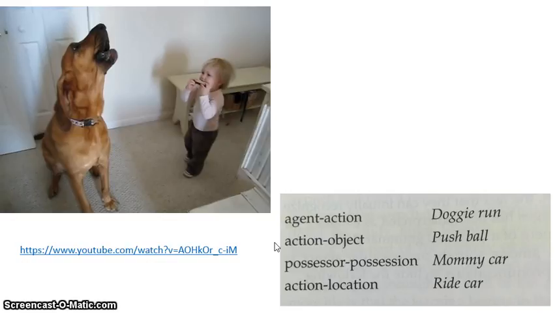Well, our second language learners are going to do that. They're going to have overgeneralization issues. They're going to take a rule that they've seen other people use and they're going to apply it to everything in their language. Now, generally, our native speakers are going to outgrow that by age 4 or 5, but that's something we're going to have to help our second language learners through.